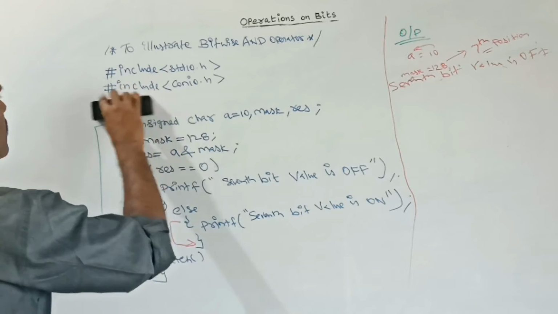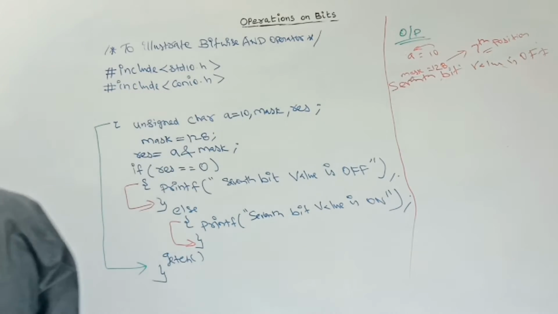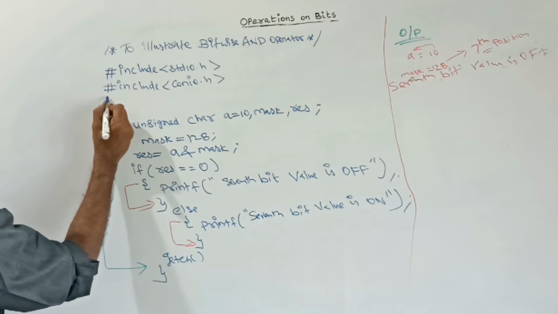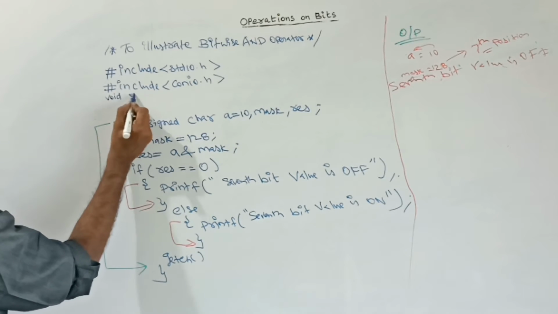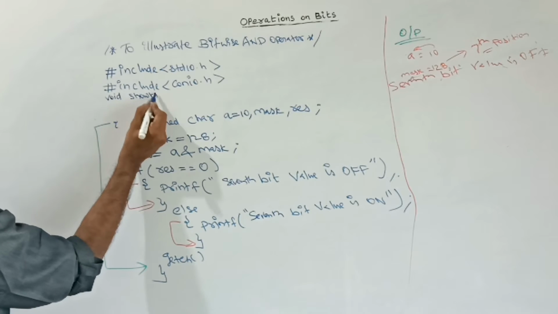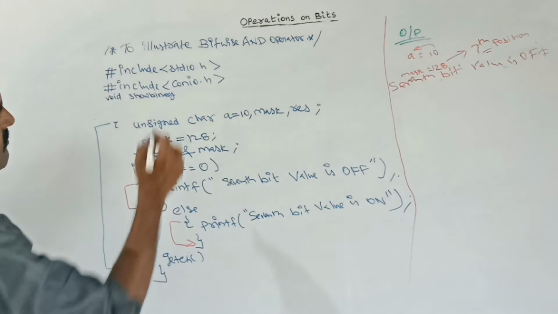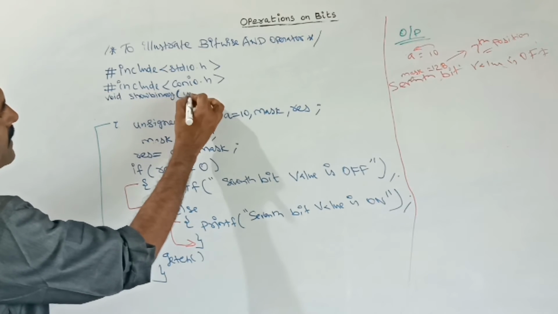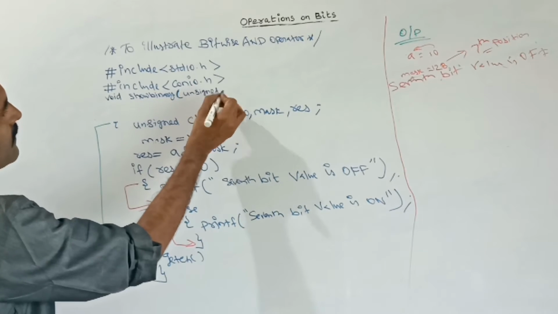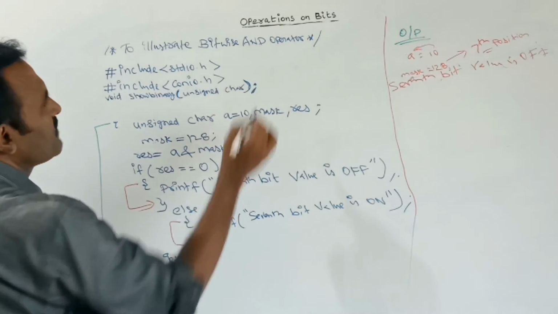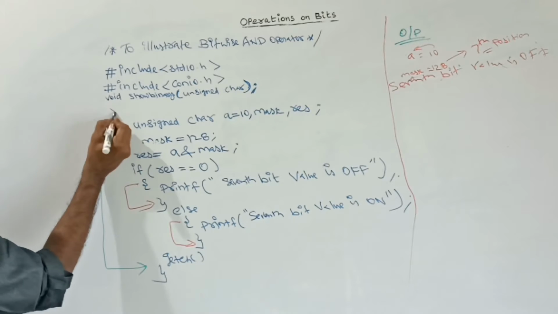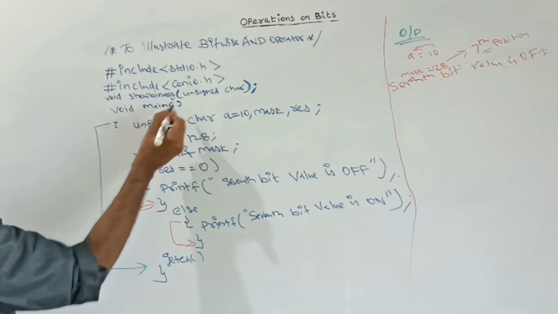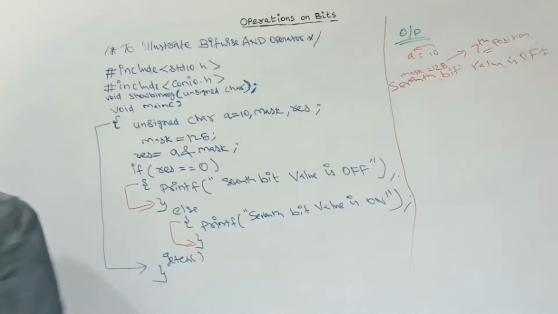See here, before void main, I should give the user defined function name. Here I am declaring the user defined function void so binary. So binary is the function. Here it has one argument, that is unsigned character. This is the function declaration. Next, the main function, void main. The main function starts from here.